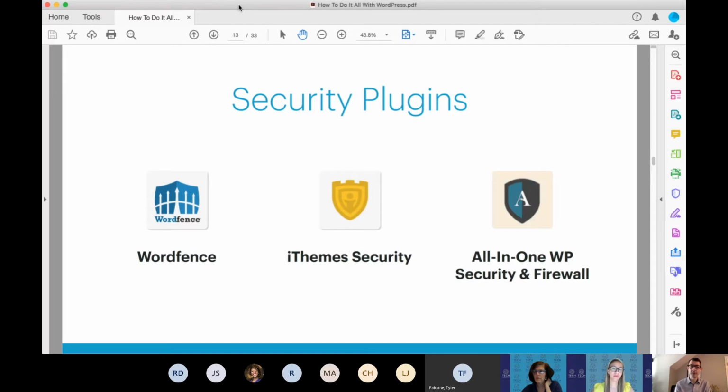So a couple security plugins. These are three that I recommend that I've used fairly often, and that's WordFence, iThemes Security, and All-in-One Security and Firewall. You can look any of these up. They're free. They also have more premium versions with some added features. But what I found is for some of the more basic needs that you're going to have, these are all good plugins to do that. And when I say basic needs, I mean things like,